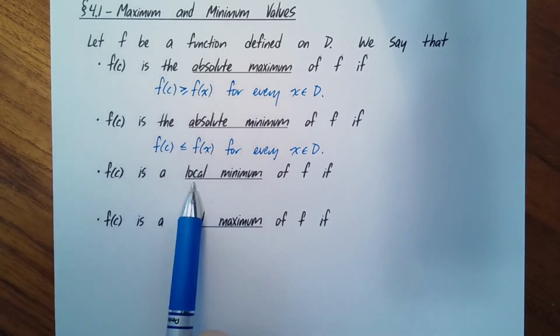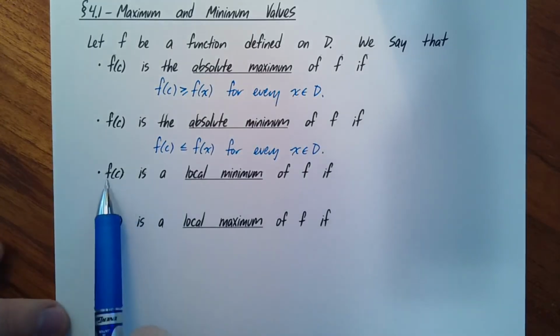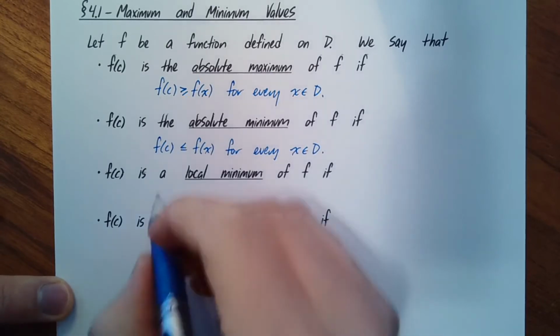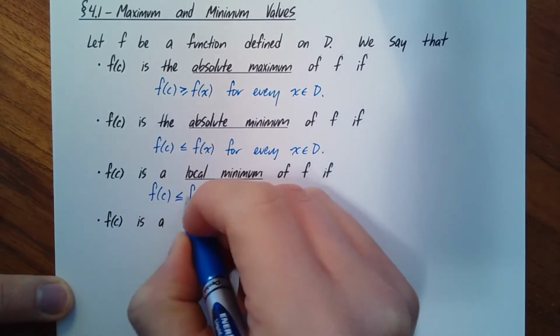So this is a weaker definition than absolute minimum. The local minimum of a function is really just a minimum that happens on maybe a narrower range of x values. So here's how we'll say it. f of c is a local minimum of f